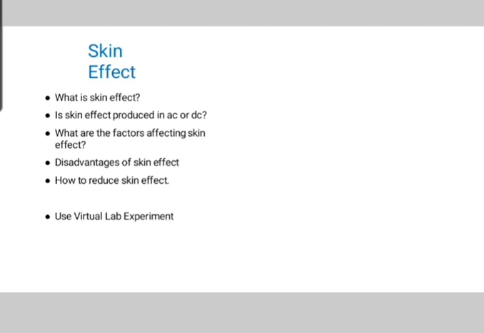And it results in a larger inductive reactance being induced in the core as compared to the outer section of the conductor. So the high value of reactance in the inner section results in the current being distributed in a non-uniform manner, forcing the bulk of the current to flow through the outer surface or skin, giving rise to the phenomenon which is called skin effect in transmission line.